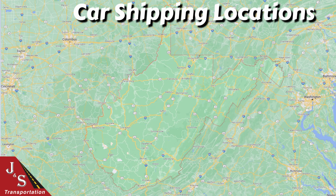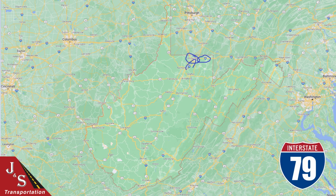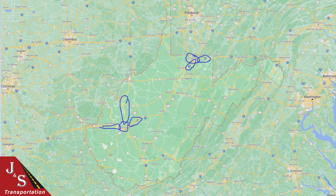And that's going to start with Morgantown in northern West Virginia. There are a couple interstates that serve that area, and that's I-68 and I-79. And then your next best car shipping location is going to be Charleston, West Virginia. That is served by I-64, I-79, and I-77 runs down into Charleston and through it as well. So those are your two best car shipping locations in the state, but even those locations aren't always easy and